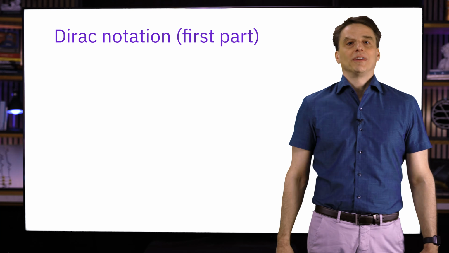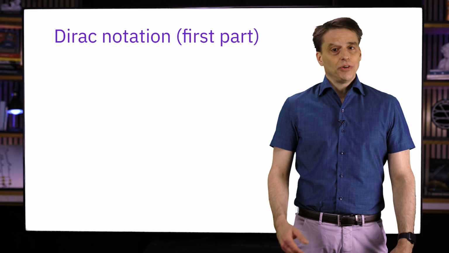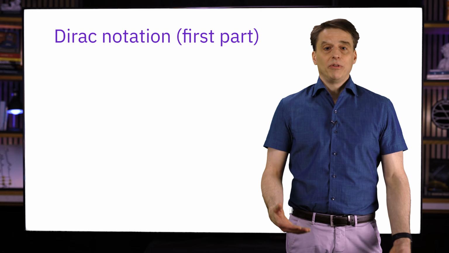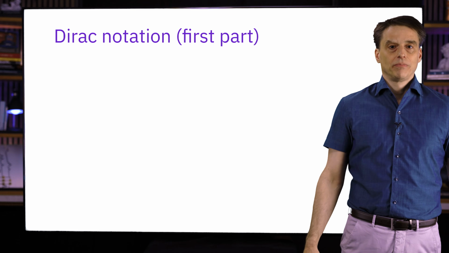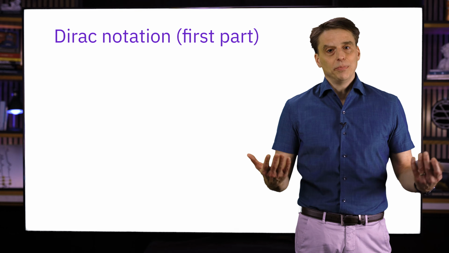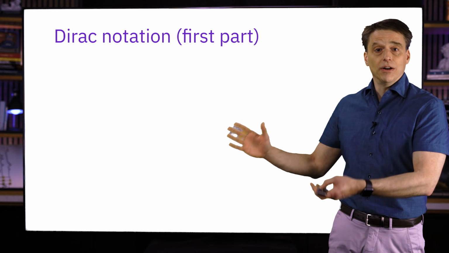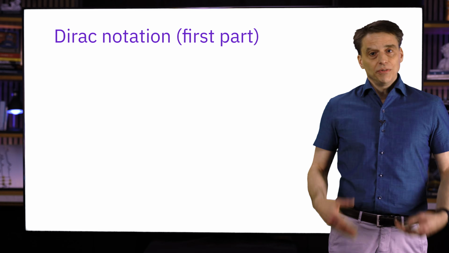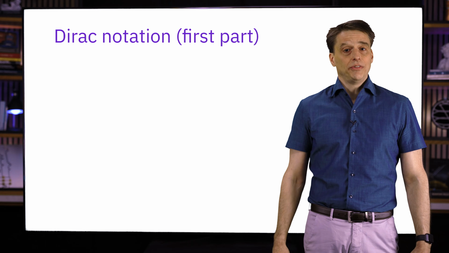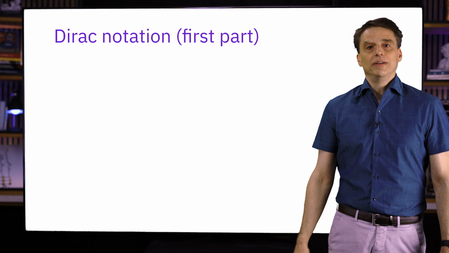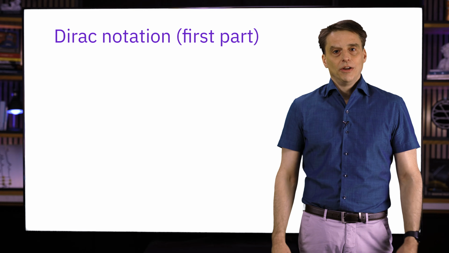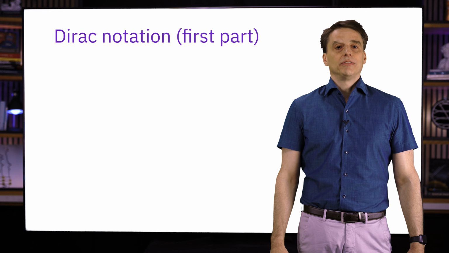We're going to continue discussing classical information, probability vectors, and so on in just a moment, but first it's going to be really helpful to introduce some notation for describing vectors known as the Dirac notation. In fact, this is just the first part of the Dirac notation. There are a couple of other aspects of the Dirac notation that we'll see a little bit later in the lesson. This notation is going to be quite central to the way that we describe quantum information, so it's essential to understand how it works. But fortunately, it's very simple, and it really doesn't have anything specifically to do with quantum information. So we can introduce it now in the familiar context of classical information.